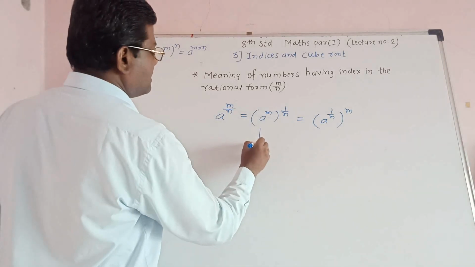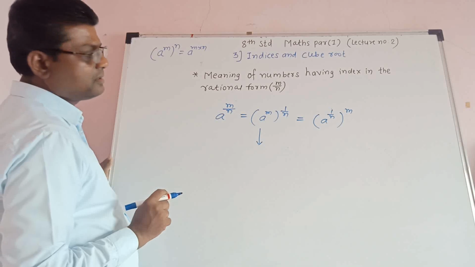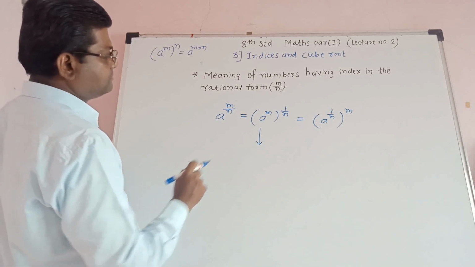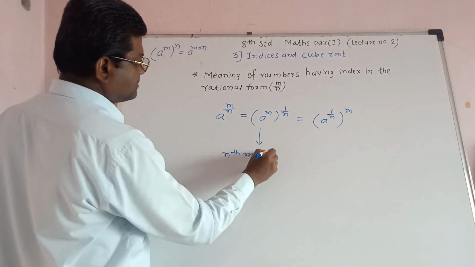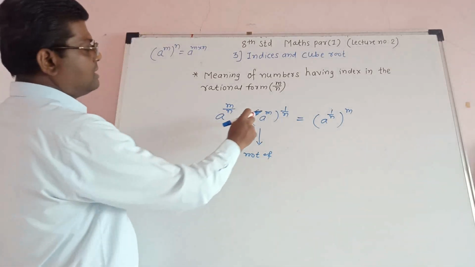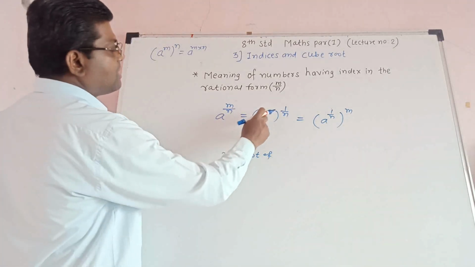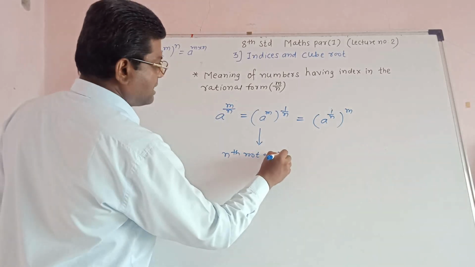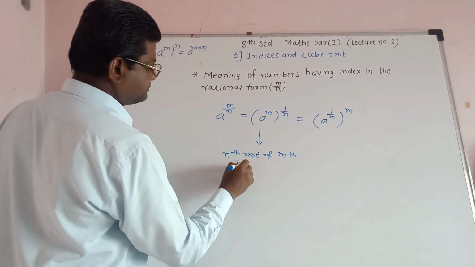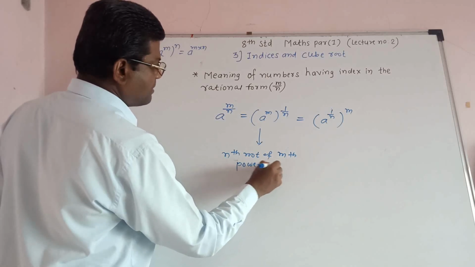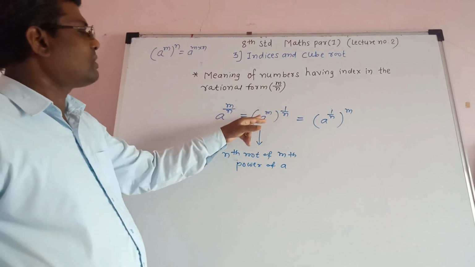So this can be read as 1 upon n. What is 1 upon n? Nth root of. Whose nth root? A raised to m. How to read a raised to m? Mth power of a. So nth root of mth power of a